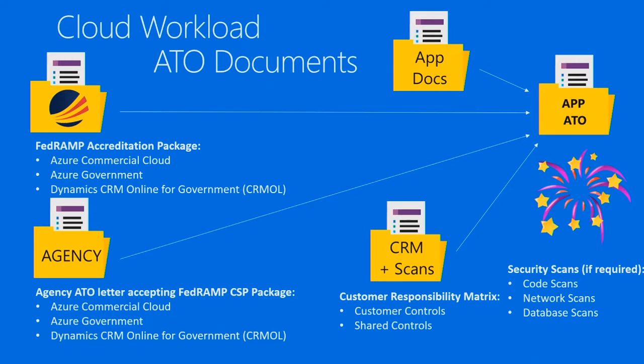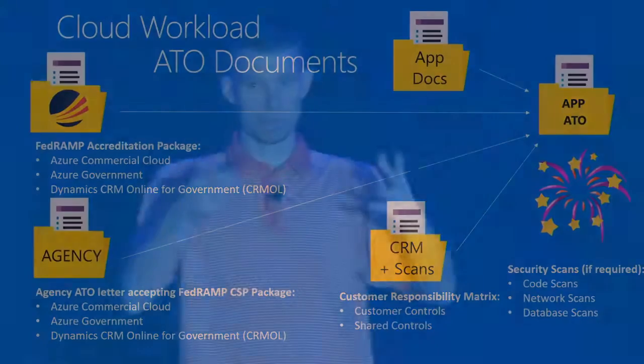And then finally, this is, I think, the last slide before questions, the layering we talked about, right? You can take the FedRAMP accreditation package from FedRAMP.gov, and the agency can take that, let's say for the commercial cloud, Azure Government, and Dynamics CRM Online for government. If you were building an application with those things, the agency can take those. Then the agency sends an agency ATO letter accepting the FedRAMP documentation. They've reviewed it and are ready to move forward, and this would be their process to accept the existing ATOs that are available on FedRAMP.gov.